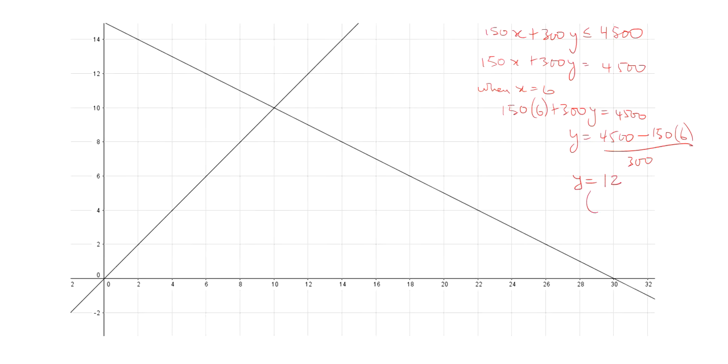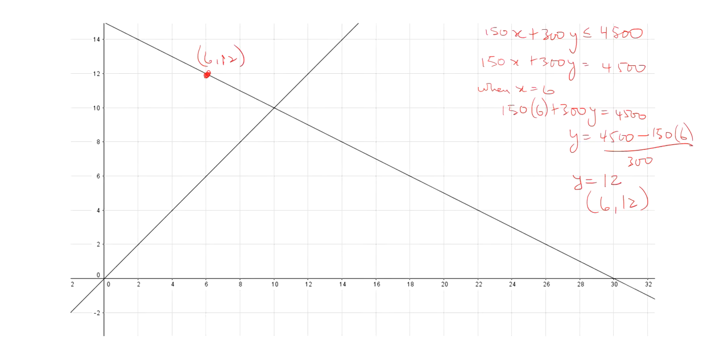Right, so this point is 612, and that will be where? 612 is this point here. Right, so this is 612,